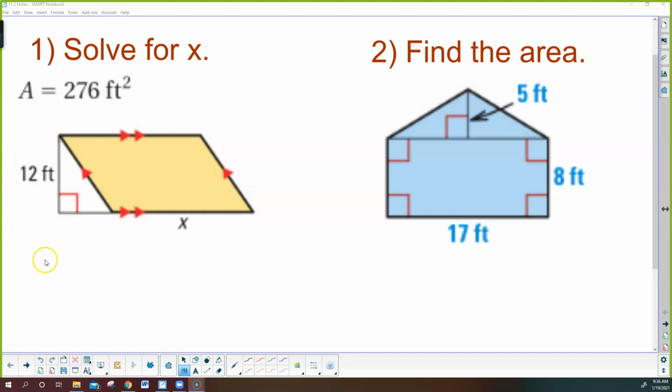What I would expect to see, you don't have to write the formula out, but it's parallelogram, area is base times height. I would like to see what you identify as the base and what you identify as the height. And then we have all three things we're going to substitute in. The base we're going to call x, the height is 12, and then we can go ahead and divide. And if we divide by 12 to both sides, I get 23 feet is equal to the value of x,